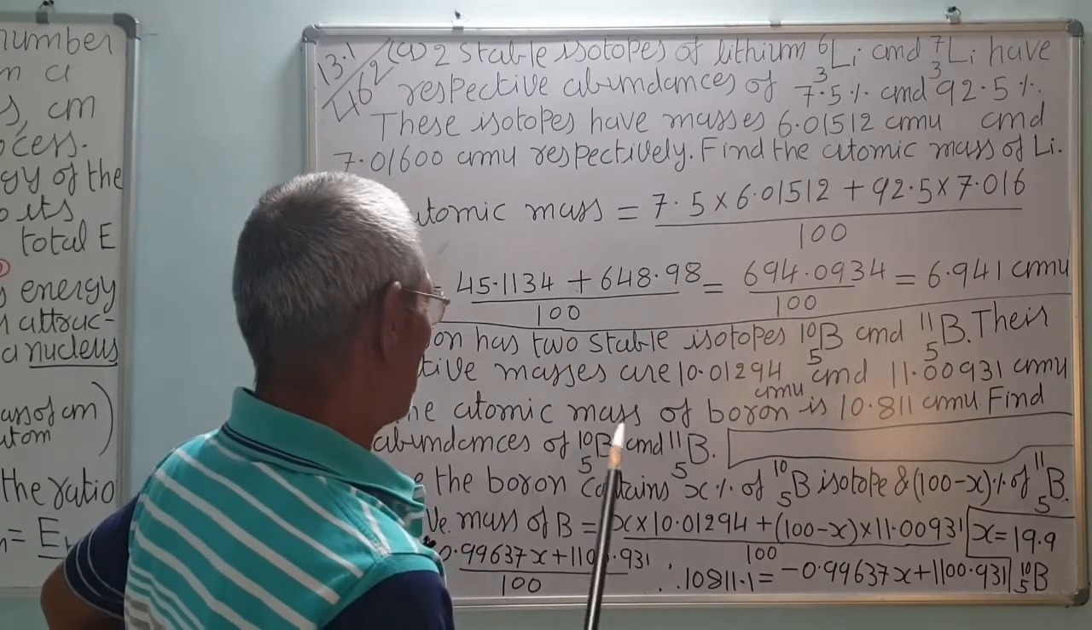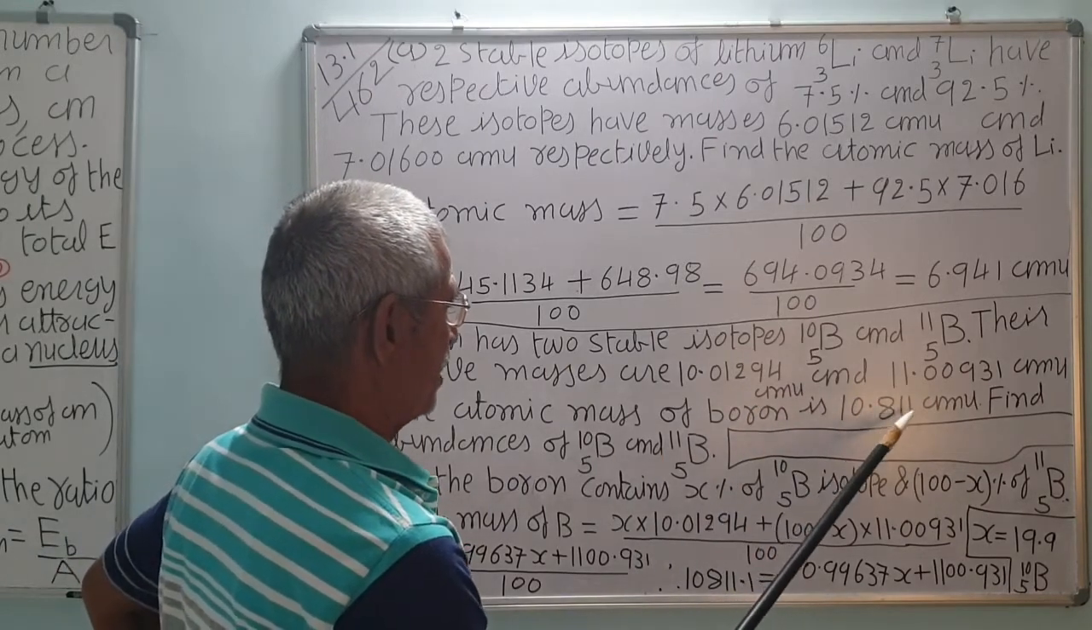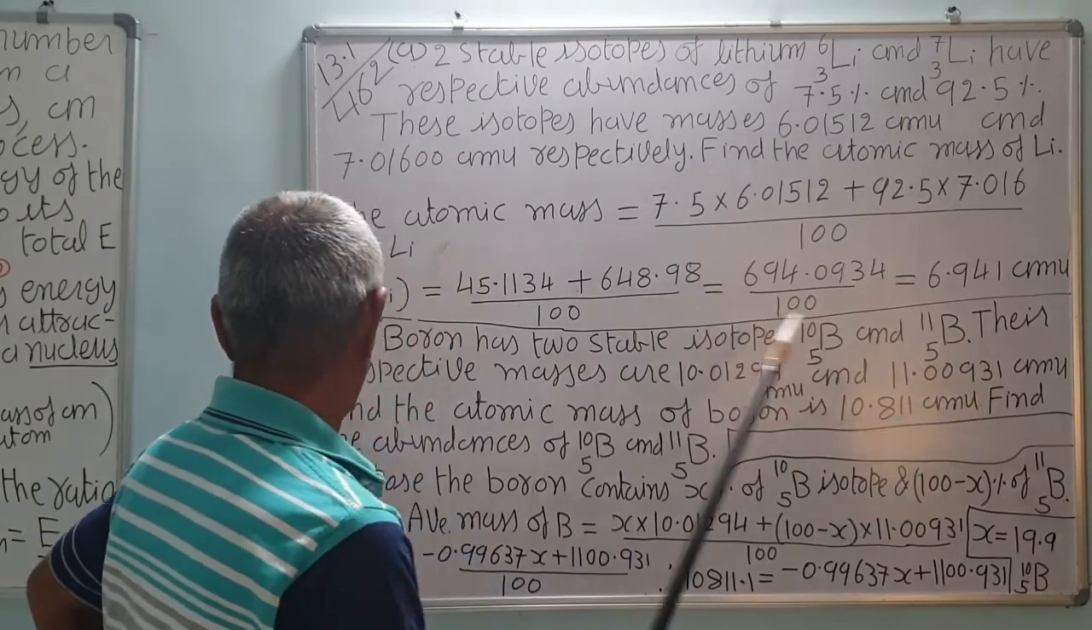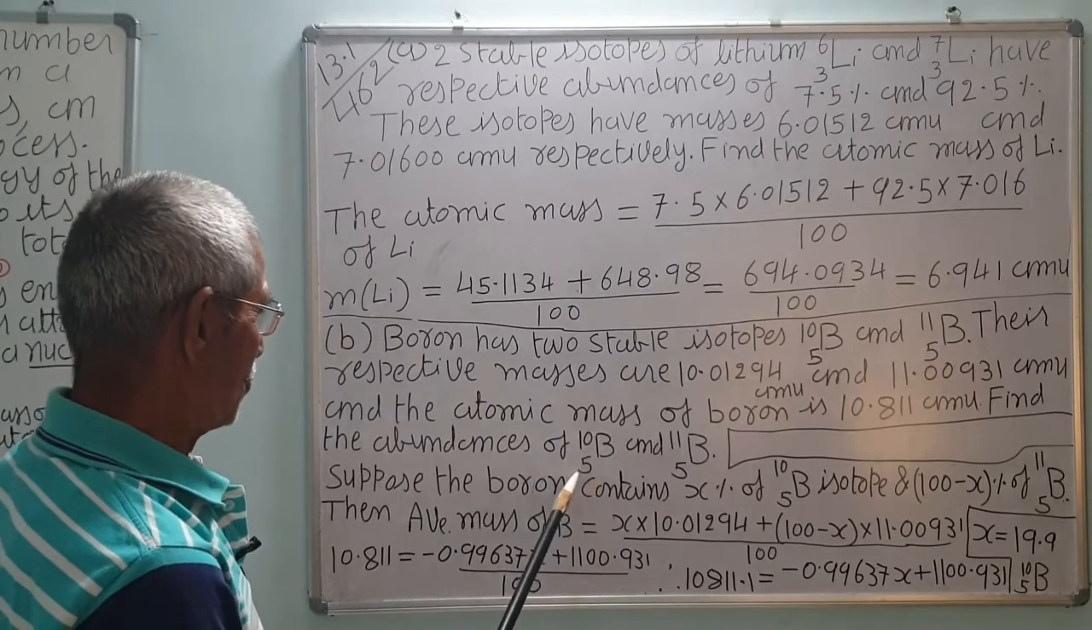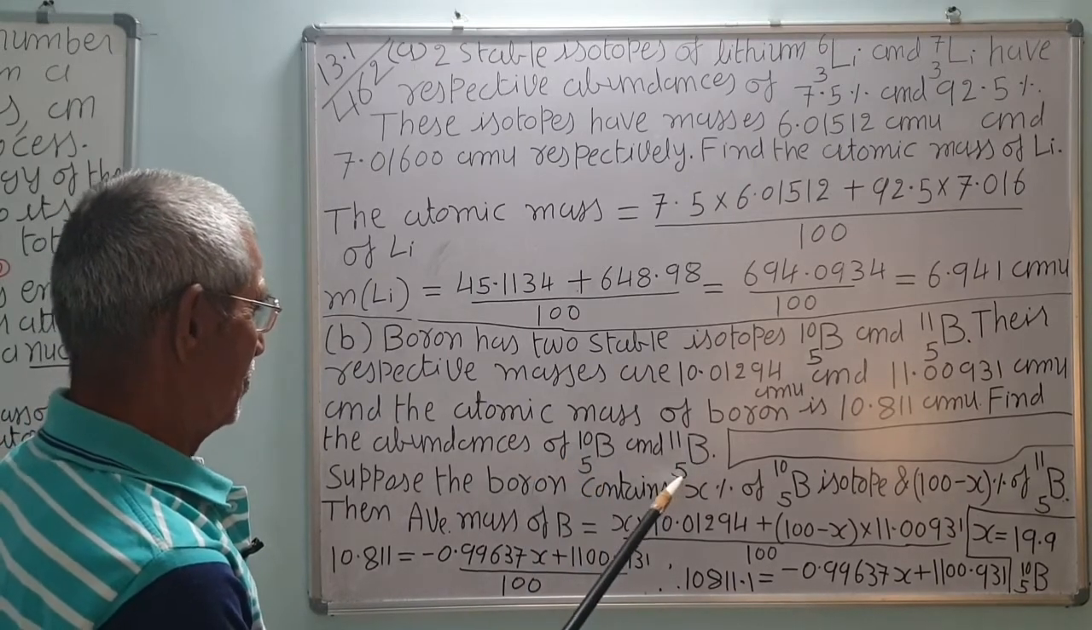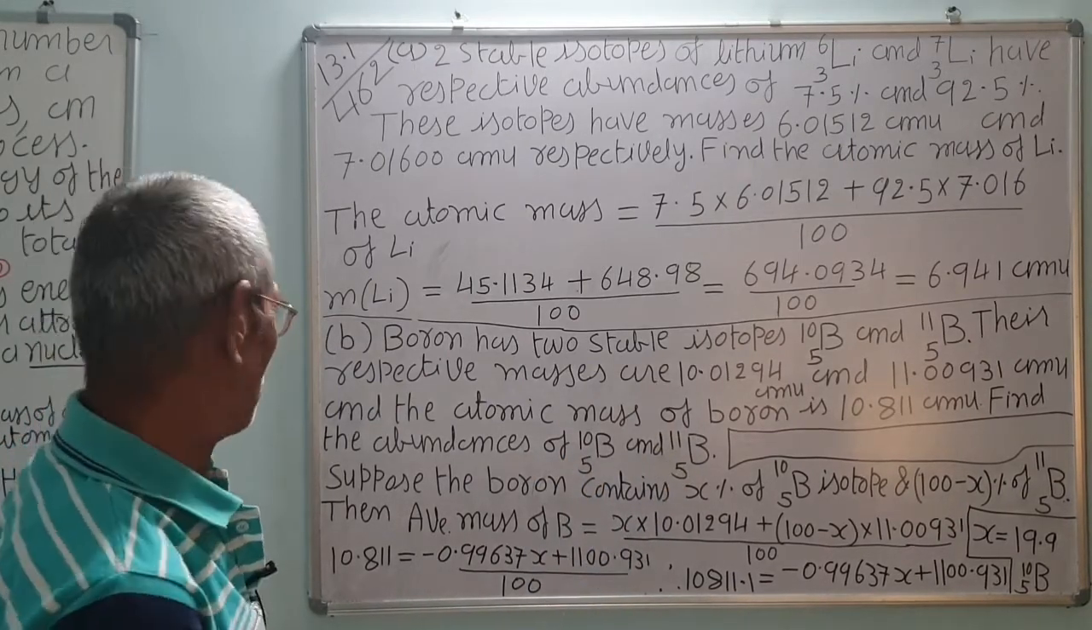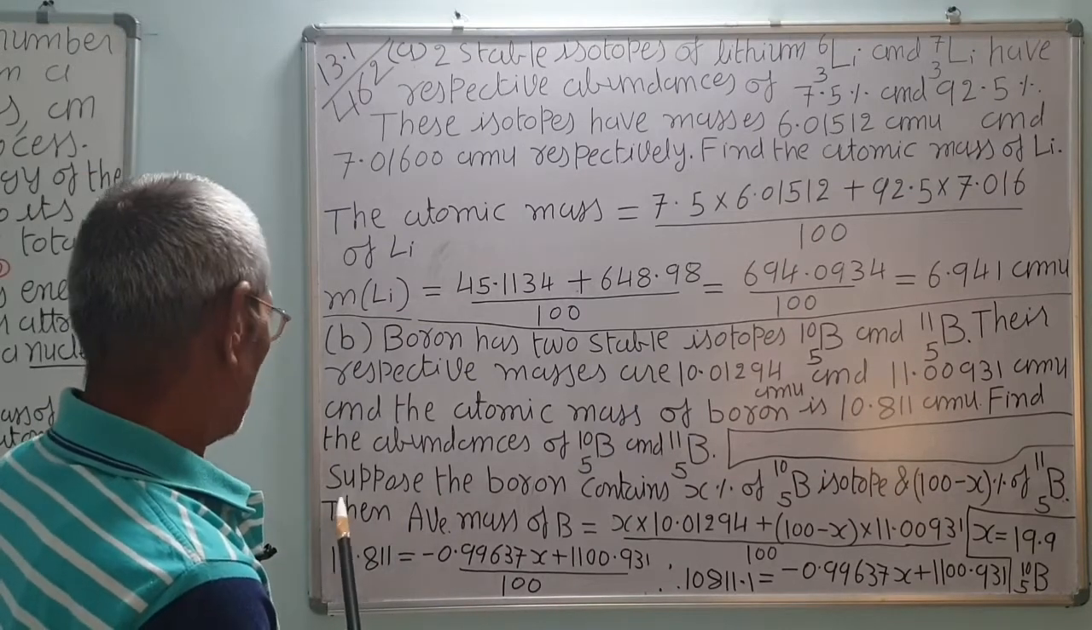Correct? And the atomic mass of boron is 10.811 AMU. Find the abundance, that is the percentage, of boron-10 and boron-11 isotopes. Correct? Suppose the boron